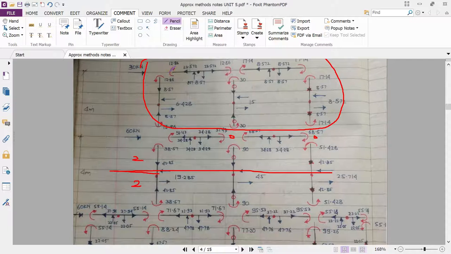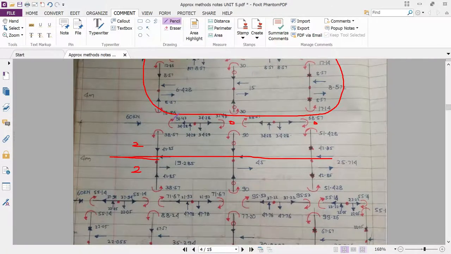If you are not getting the summation of the moment as 0, that means you have committed some mistake in the numerical. So be very careful while calculating this particular kind of numerical. Okay, now the next step is that here it is 51.43, just divided by the span because it is a moment. So what we require is the force.